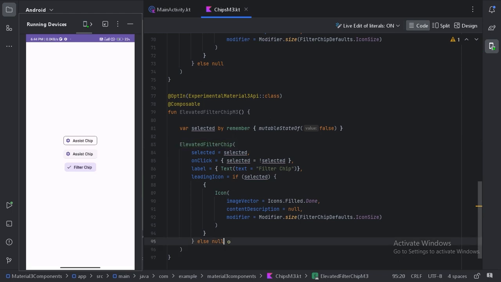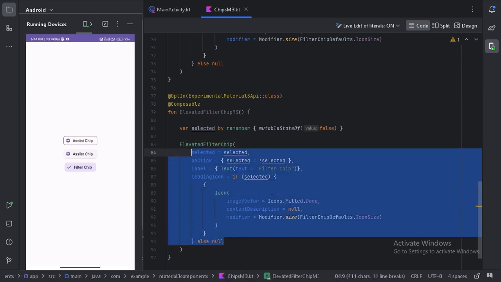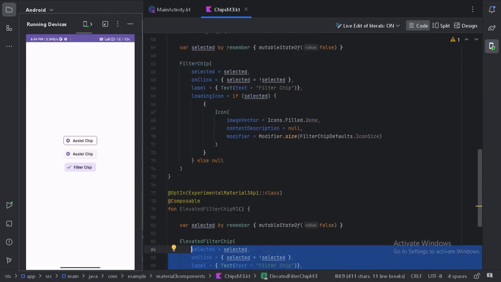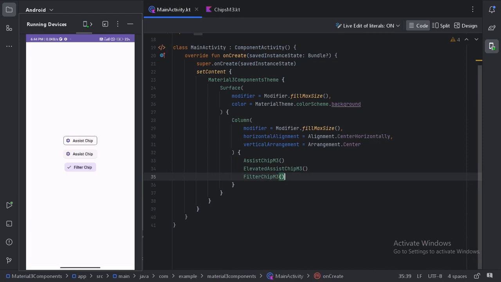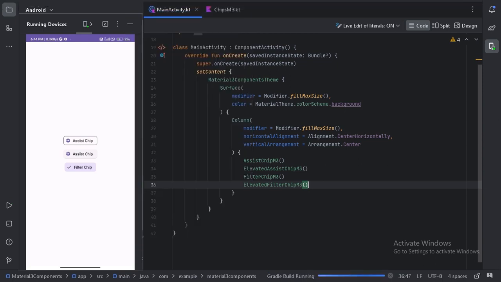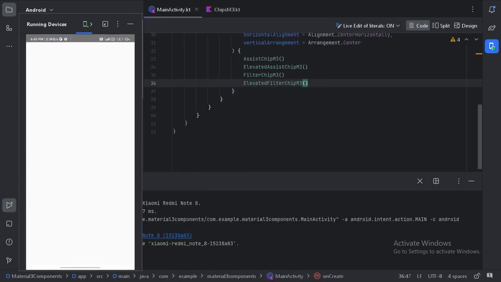And all these parameters will be exactly the same as in this filter chip. So let's use this elevated filter chip again here. So this one is our elevated filter chip. So let's click on this. So this is how it will work.